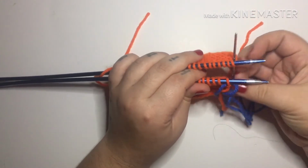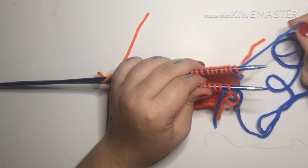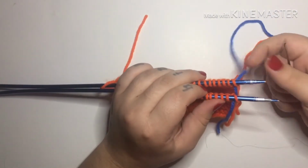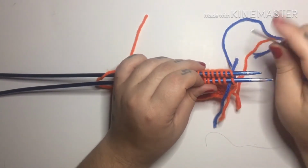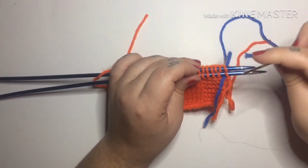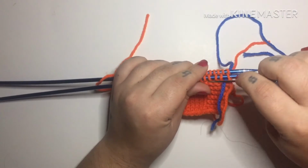Now for the back, we're going to go in as if to knit, pull it through, and we're going to keep that stitch also on the needle. Your setup is going to be different depending on what pattern you need to graft. This is specifically for this garter stitch, so you always want to make sure you're using the proper pattern you need to graft. So now that we're going to be creating this purl bump row and then knits in the back,